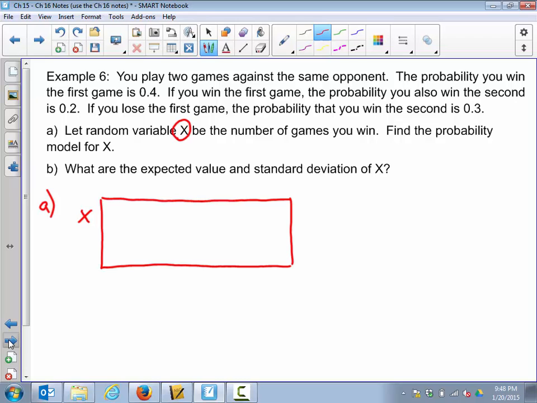Lowercase x is the number of games won because capital X here is defined accordingly. So lowercase x is each individual outcome. Well, you can win 0, 1, or 2 of these games. You're only playing twice. We don't have the probabilities we need yet,